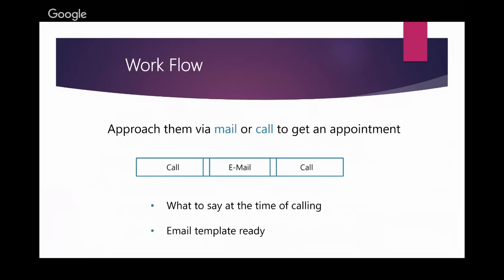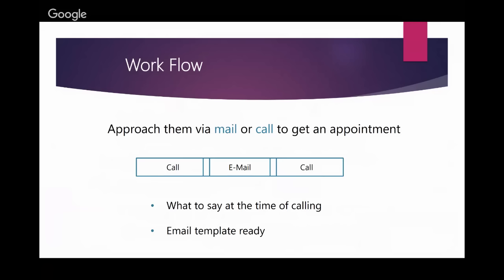So first you will call them, explain what this is, and then ask them that now that you have understood this, we can move forward and have an appointment in which I can brief you in detail about what RF code is and how we can go forward with this, right? And then you can email them a proposal. The proposal is there on the Slack group, so even if you don't find it over there, you can ping us and I will let you know, okay? There is a ready template, so you don't have to bother creating an email yourself. We'll make sure that it's as easy as possible for you.